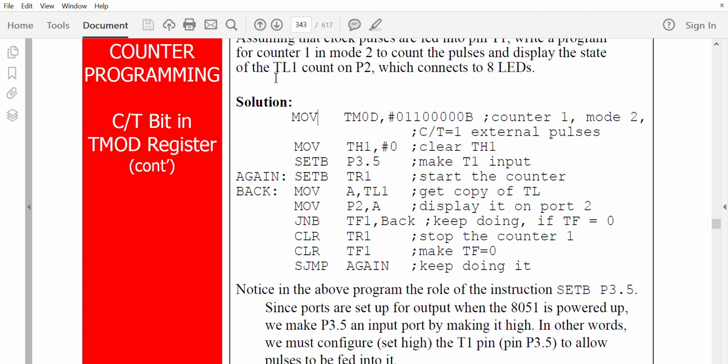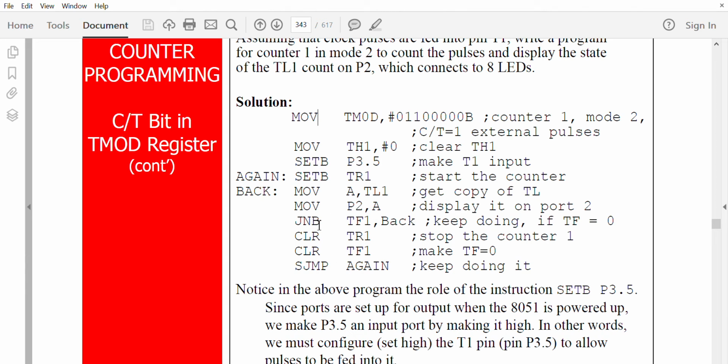So the TL1 value should go to P2. You can't just transfer the TL1 value to P2 directly. That's why we move the value of TL1 to the accumulator and then the accumulator to P2. That is the only change here. The rest of the program is the same as in mode 2 programming.